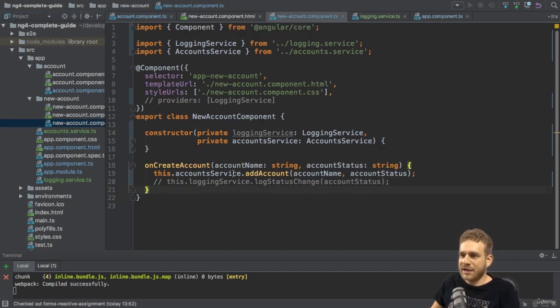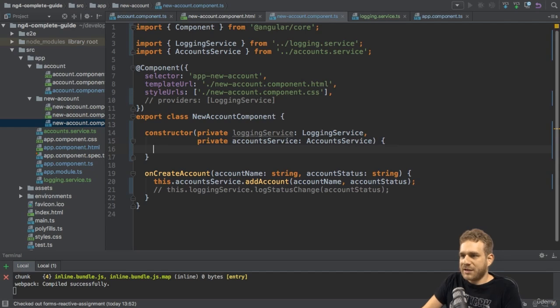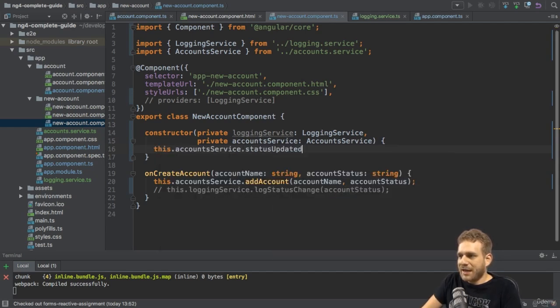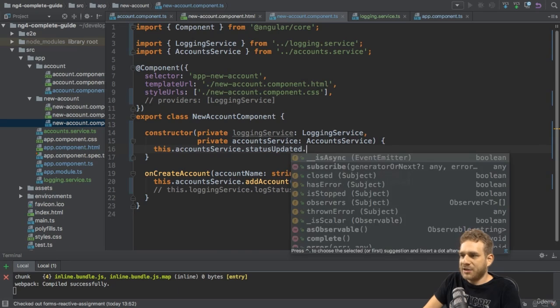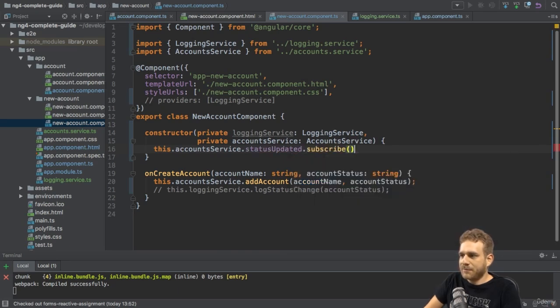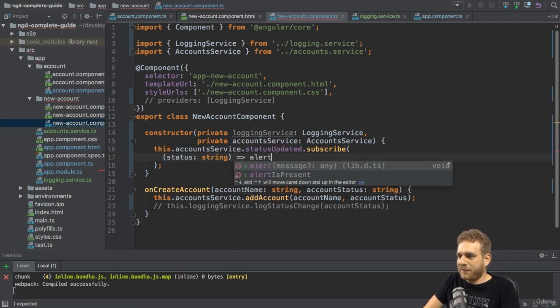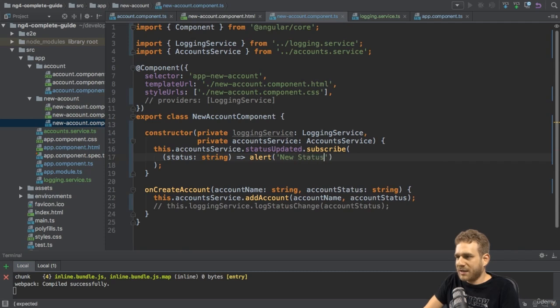And in the new account, I now want to listen to it. So here, let's say I want to throw an alert. So I will do this in a constructor for now, access my account service. And now for the status updated event here, I will subscribe to it because event emitter in the end just kind of wraps an observable. So here, I could then receive the new status, which I know will be a string, and then I will simply throw an alert where I say new status,